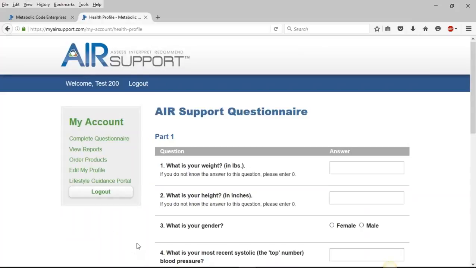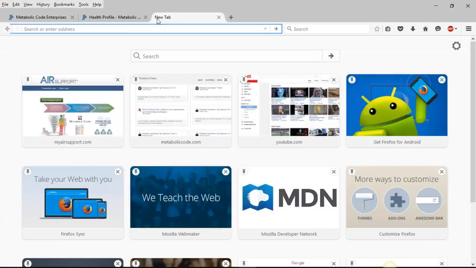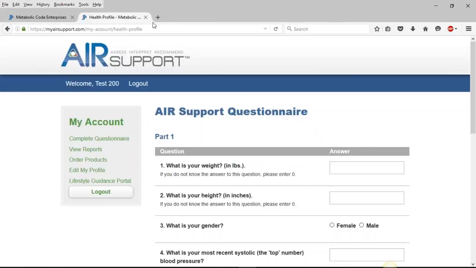As you can see, we're directed to begin the questionnaire. If you or a staff member is completing the registration process for the patient, you may log out here and provide them the instructions to log in using the email and password that was created during registration. They would log in